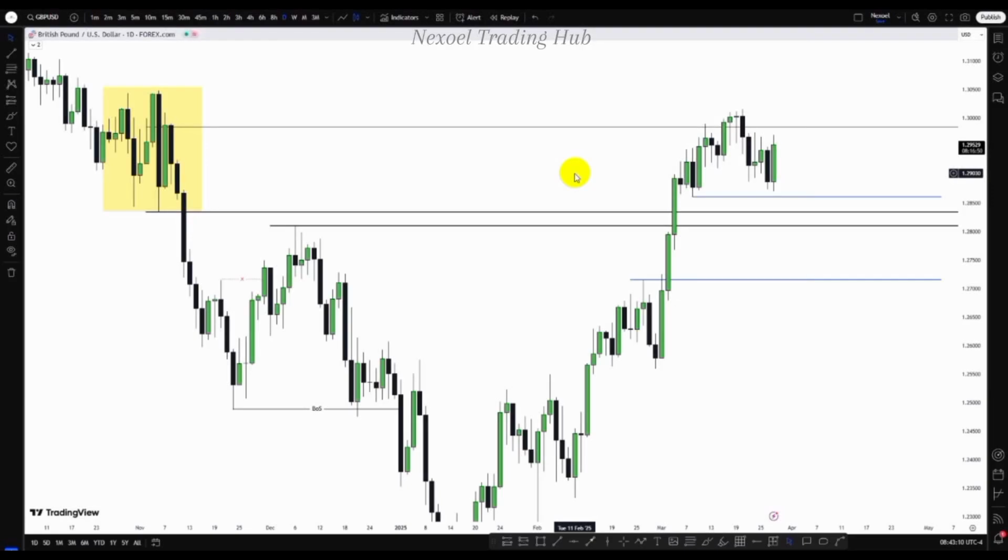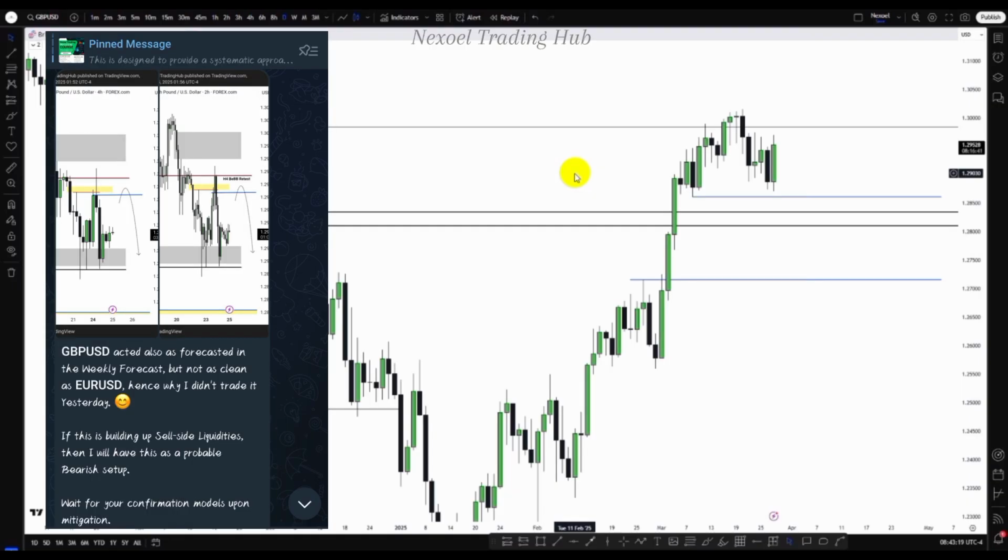So in this video, we're going to look at a very quick review in GBPUSD. This is a trade setup I shared in the free Telegram community. So it means if you're in the free Telegram community, you must have utilized the setup that I shared in